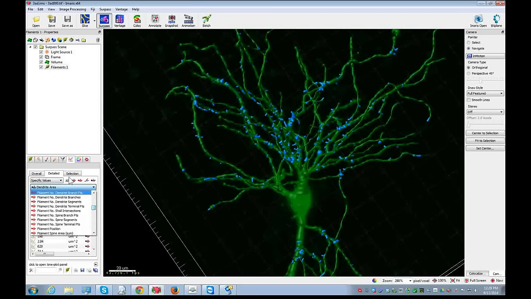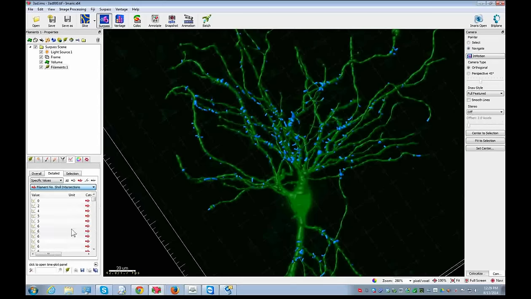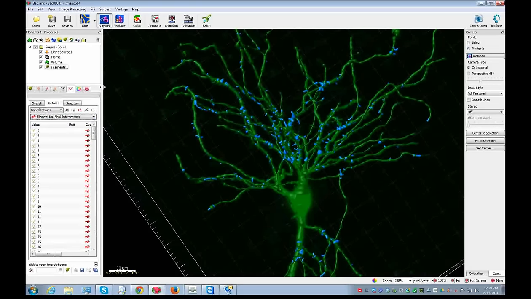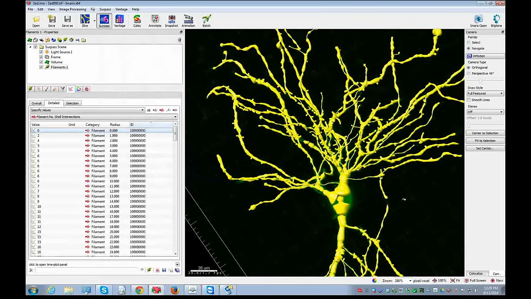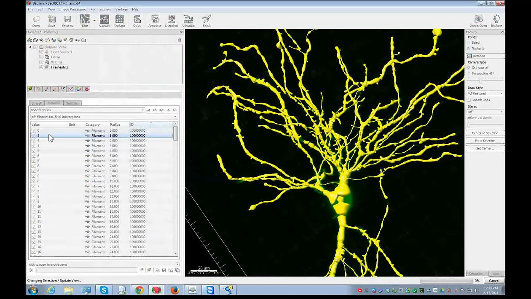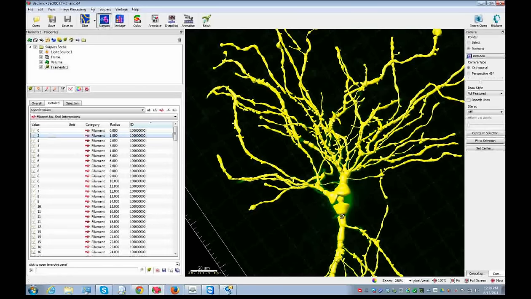One thing you can do is restrict some of the measurements, and we only want the filament measurements. So it should be here, and if it isn't, there we go, filament number of Sholl intersections. I'll make this a little bit bigger. This will tell you the value, so at 0, where are all the intersections. Of course everything is highlighted, and then if we select 2, this should show you all the ones that are at 2 microns. Not terribly interesting,